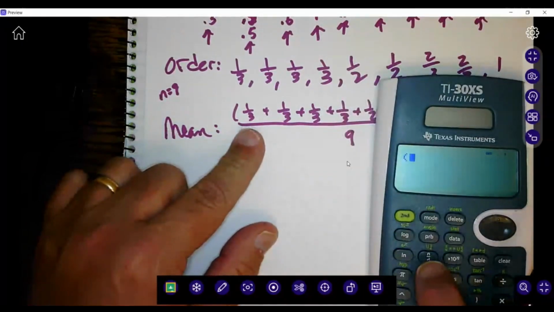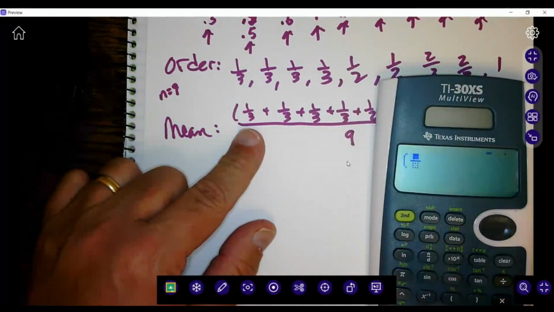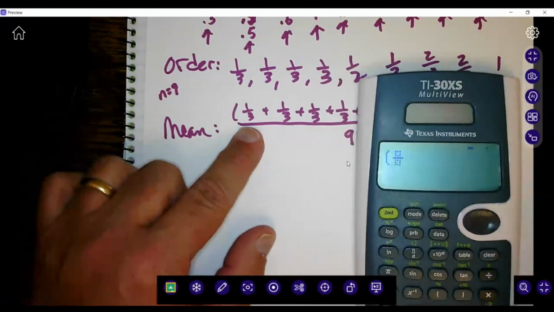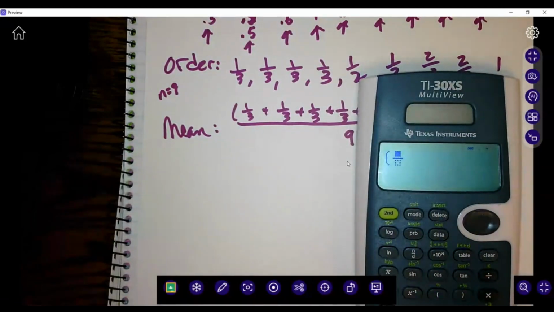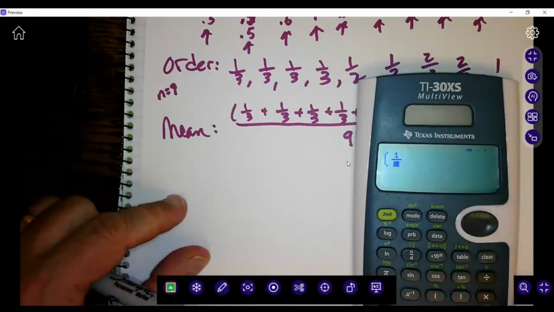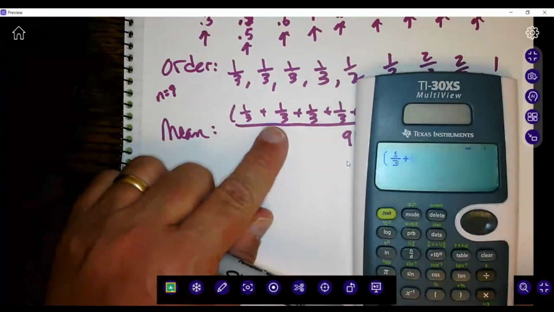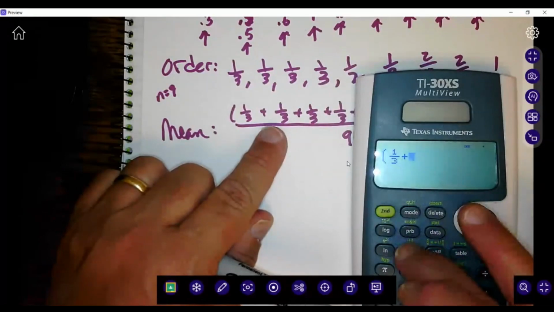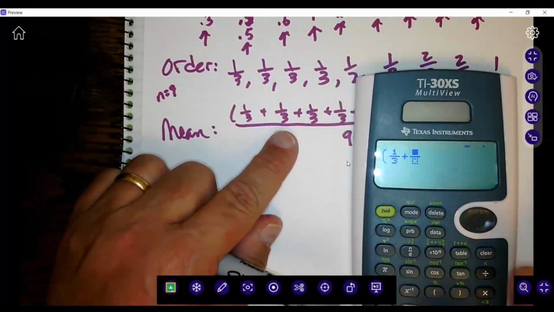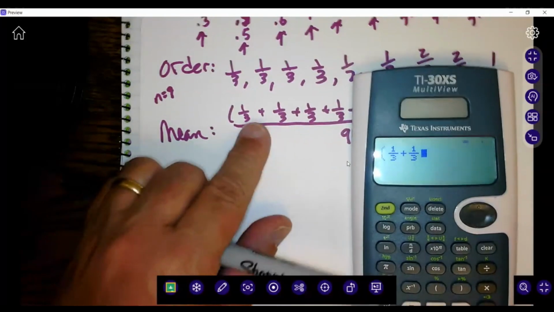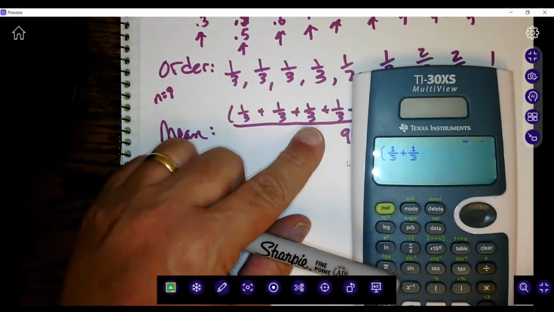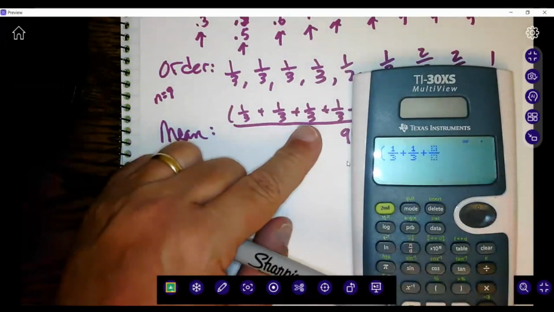So I'm going to hit fraction, and then put that fraction in: 1, cursor down to 3, out, plus another fraction, 1, 3. So I've got 1/3 plus 1/3 plus another fraction,